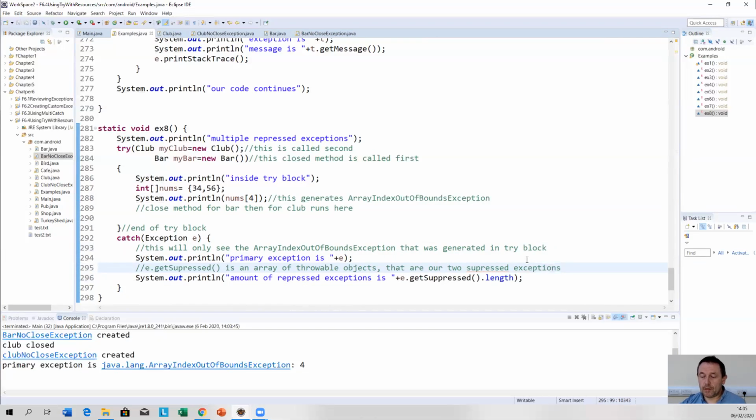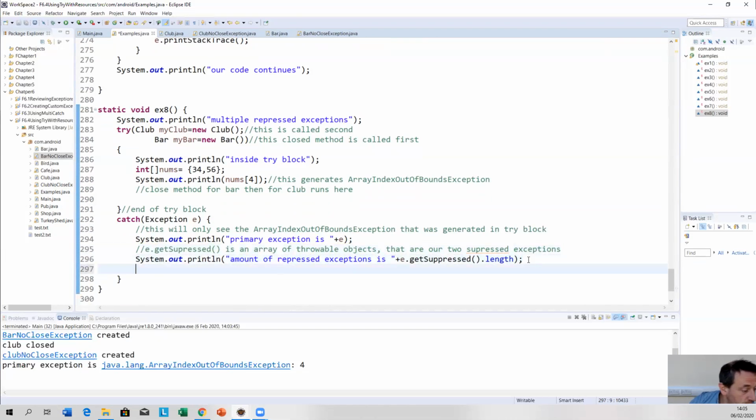Okay, now if we want to print them all out, we go for